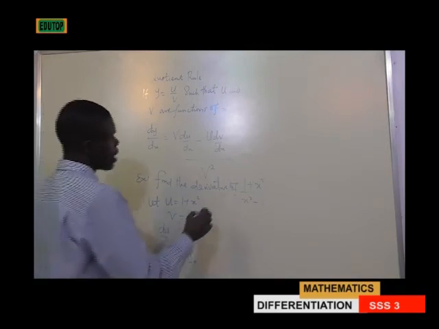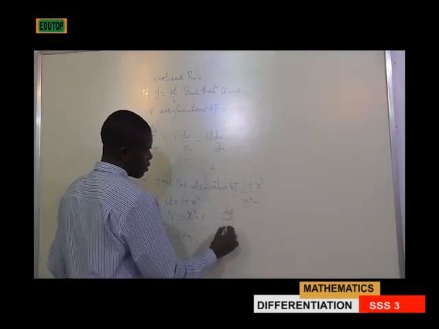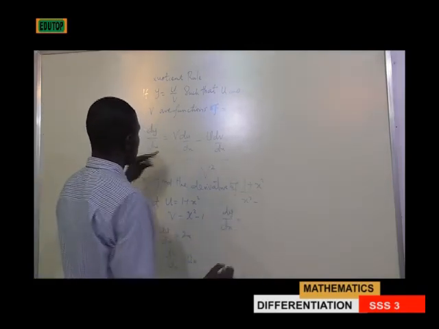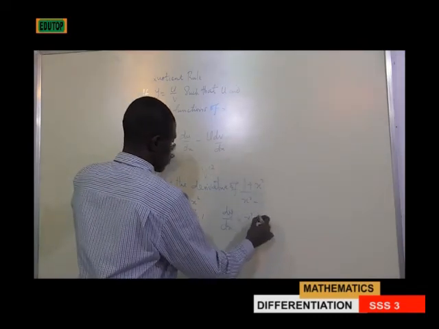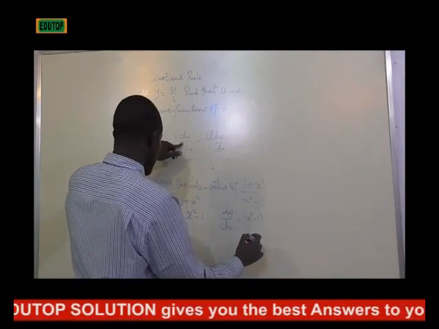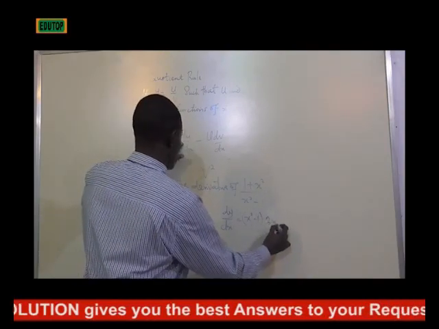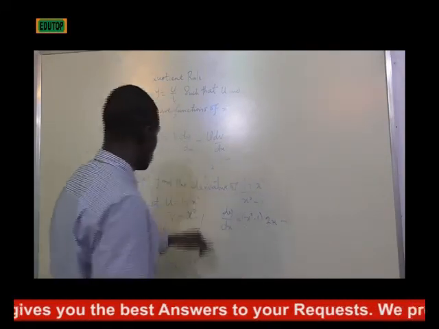So now our dy/dx, which is now what? V, what's our v? Our v is this, x squared minus 1, times du/dx, 2x, minus u